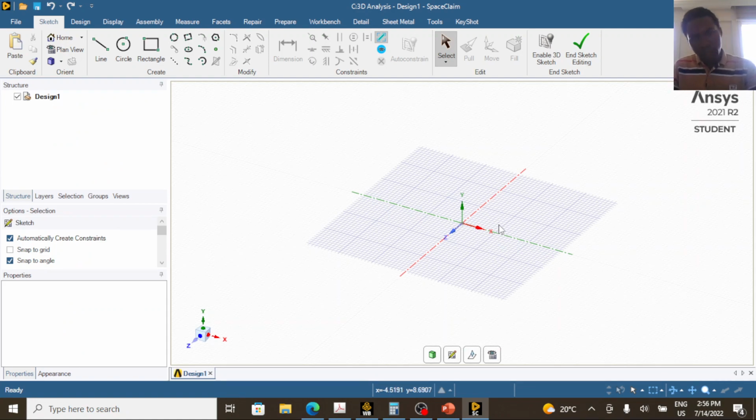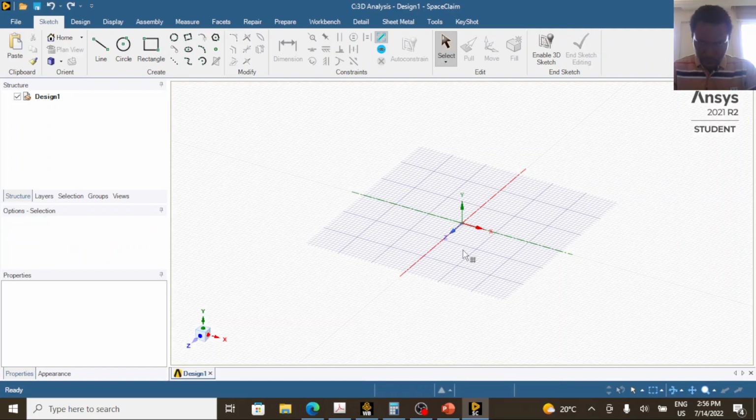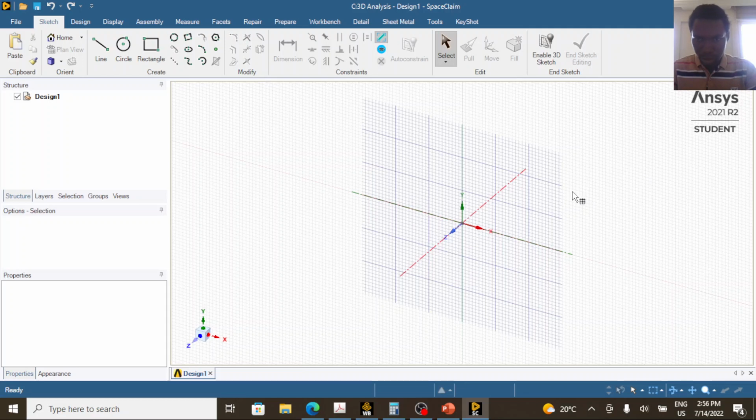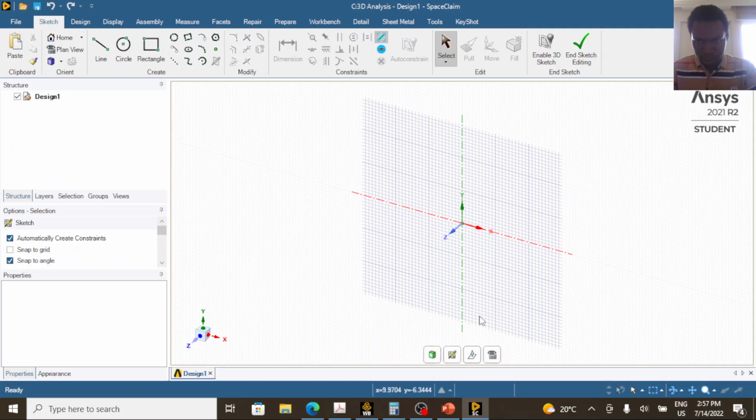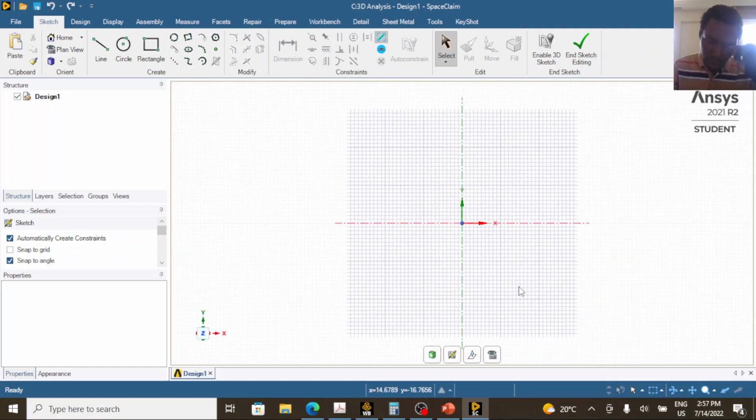Now the SpaceClaim working environment is active. We will sketch our beam. I will choose the XY plane. So I'll click on this button, and you move your cursor to this position until the XY plane is selected. So you click on it, bring it to view. So I'm going to draw my cross section of the beam